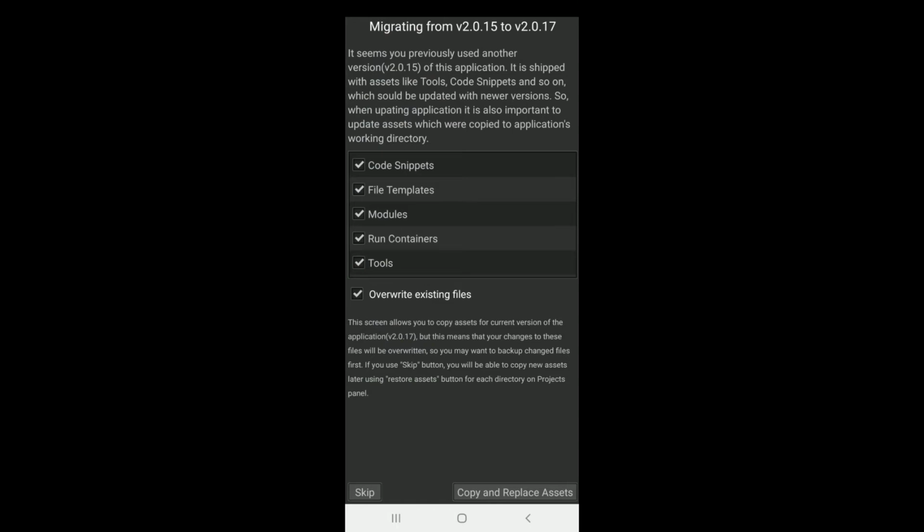Once React Native Playground gets an update, on launch it will show you this screen. This means it wants to refresh assets in the working directory. It will go and replace the contents of selected folders. So if you had some changes, for example, in the modules folder, you want to uncheck it, and this means this